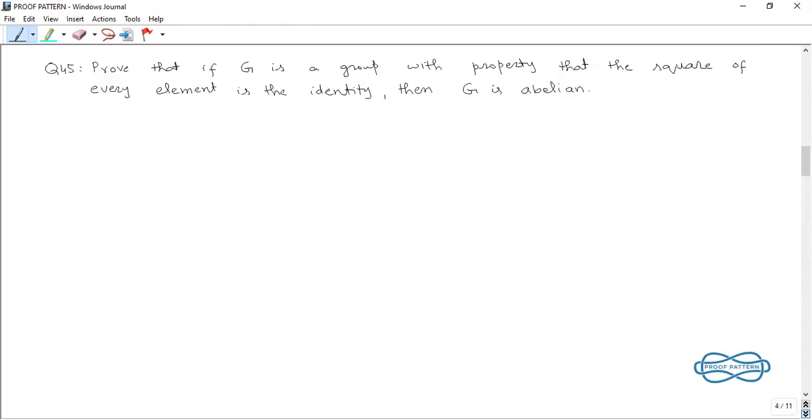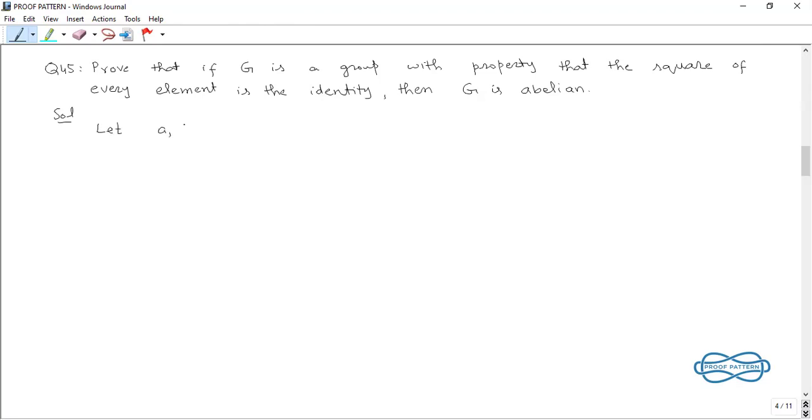Okay, we move to question number 45. The statement is: prove that if G is a group with the property that the square of every element is the identity, then G is abelian. Okay,